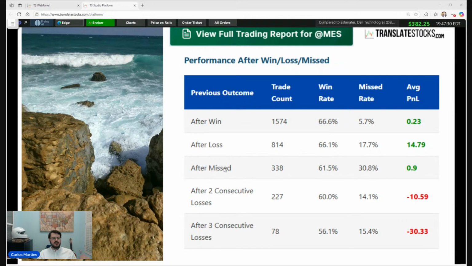A missed trade is a trade that the order was there, but it was canceled before it started because the take profit occurred before it started. We are trading with limit orders, not with market orders. So we have some missed trades, and this is a trade-off.